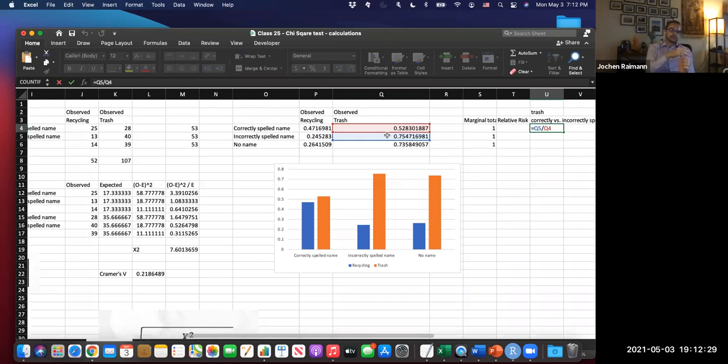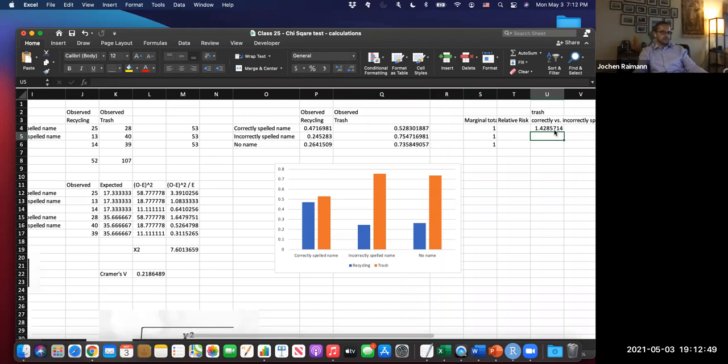The angle you will be looking at is dependent on your research question in most cases. So in this regard, you're quantifying what's the risk increase if my name is incorrectly spelled as compared to having correct spelling. So it's 1.43 times the risk of trashing it with the correct spelling. Alternatively, 1 would be the same. Less than 1 would be a protective factor, which would imply that if somebody spells my name